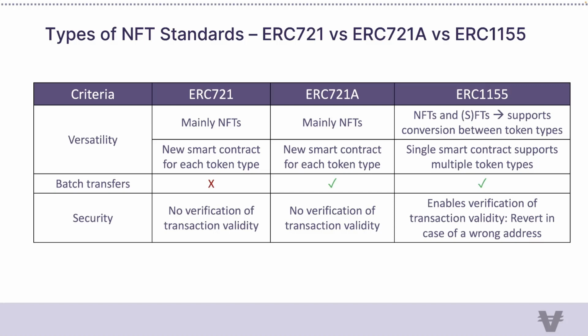And if we look at security, 721 and 721A do not have any verification of transaction validity. So that means that you can send a token to an address that cannot accept that token. With 1155, for example, it does enable verification of transaction validity. So if you send it, for example, to a contract address that cannot accept it, then the transaction will be reverted,